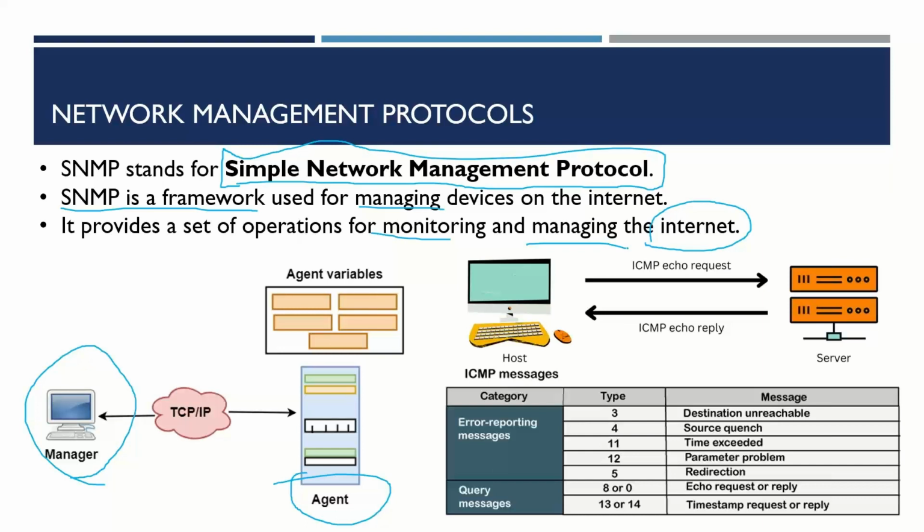Now there are two commonly used protocols. The other one: people underestimate the power of ICMP, right? People only think that ICMP is only for sending a ping packet and getting a response. But as part of the ping packet, it not only gets the acknowledgement, it also serves diagnostic purposes. ICMP not only provides a response, it can also provide you clear error messages. What exactly is the problem, what is the type of problem, what type of error are we receiving, what is the response for our query. Based on each number, there are different messages it corresponds to.